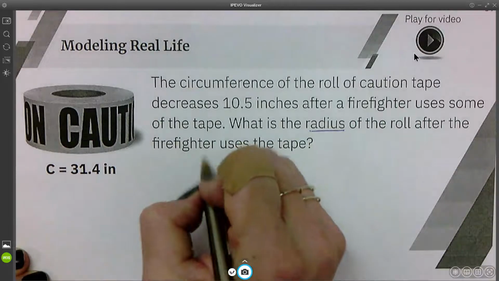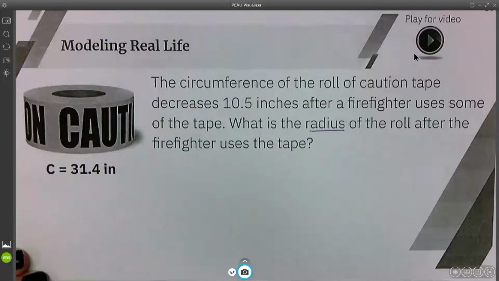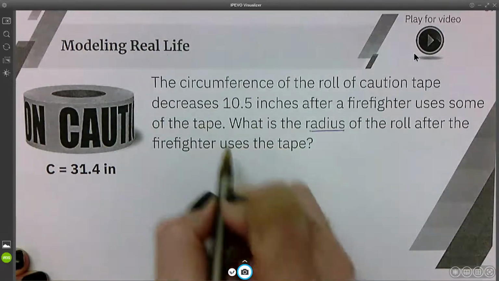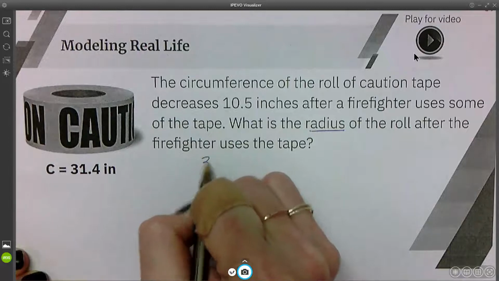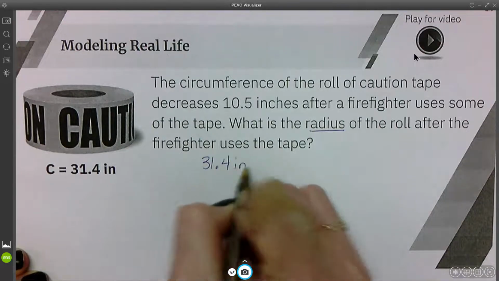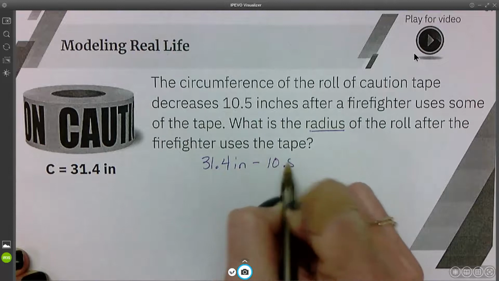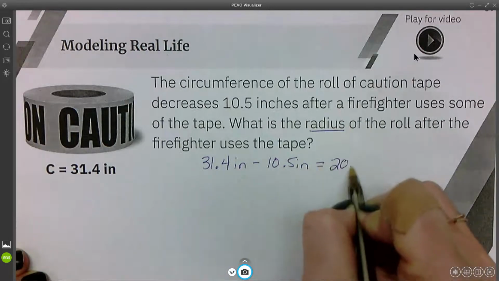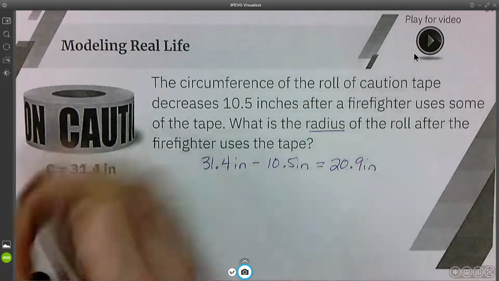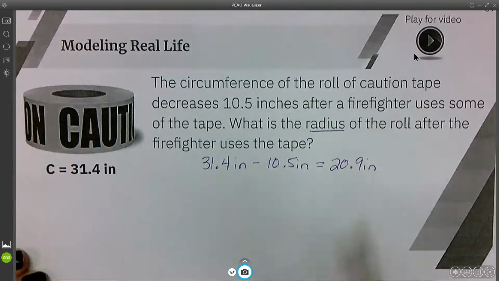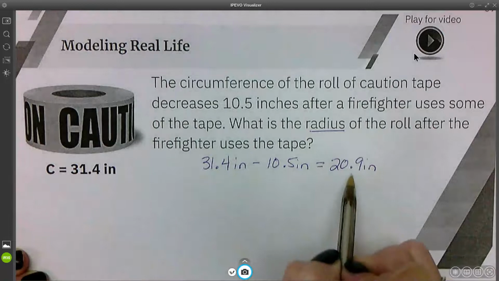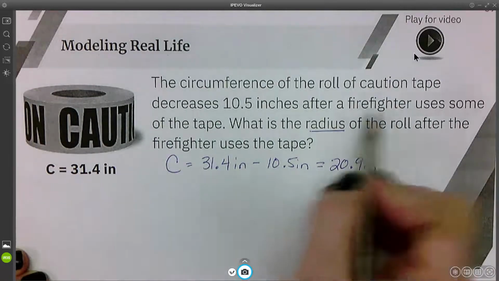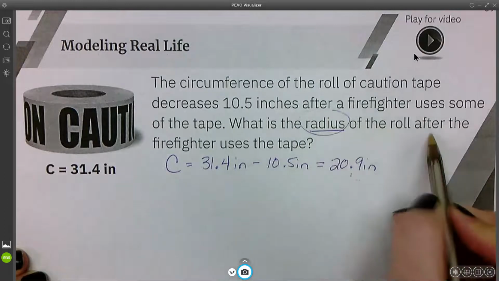So our first step here is to find what the circumference is after he uses the tape. So we're going to take the original circumference of 31.4 inches and subtract how much he used, which was 10.5 inches, which leaves us with a circumference of 20.9 inches around the base of that tape. So we're going to use this circumference, that's the circumference that's left, to find the radius after the firefighter